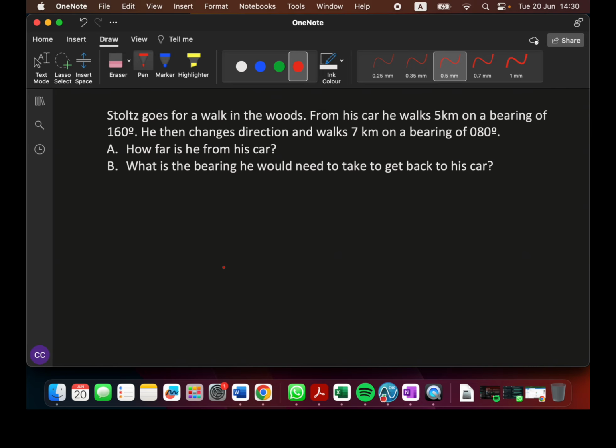So I'm going to start by drawing a line, and I'm going to call that my north line. I'm going to say that this is where my car is. And from my car, I walk a bearing of 160 degrees for 5 kilometers. Well, 160 degrees is going to be maybe somewhere right about there. That's 5 km. That is 160. Okay, so now I'm at this new point,